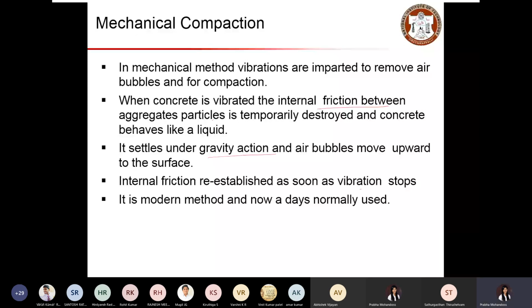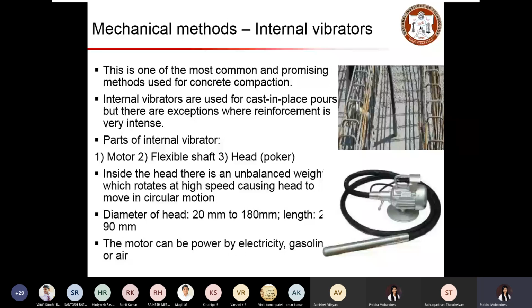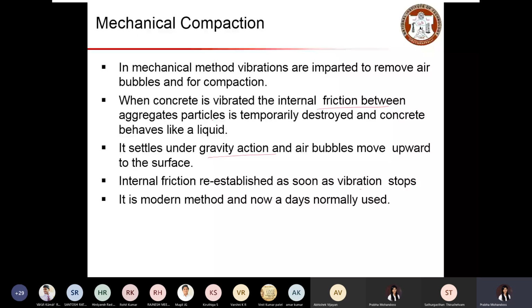Depending on the compaction method, we have internal vibrators, where you place vibrators inside the concrete, and external vibrators, depending on the location.